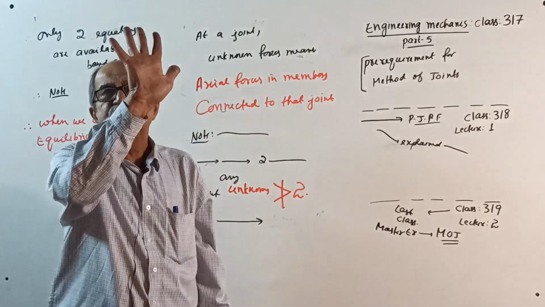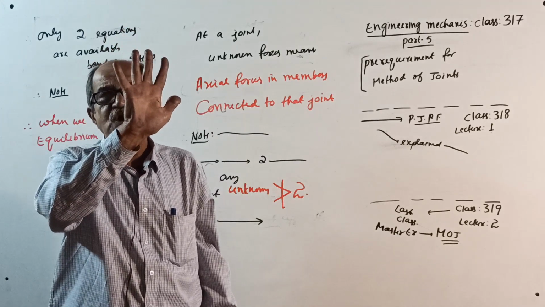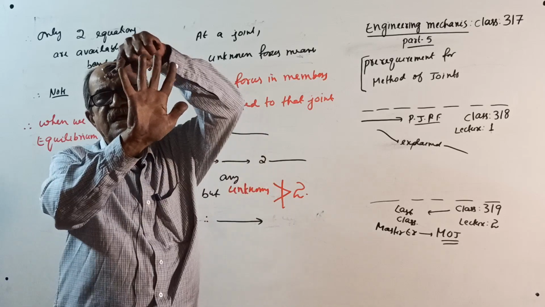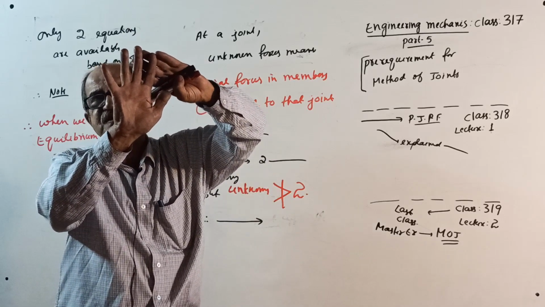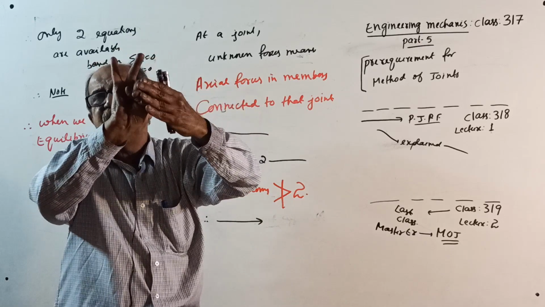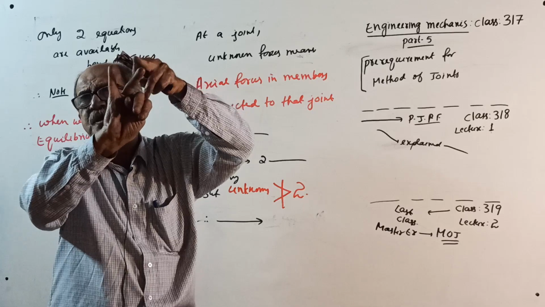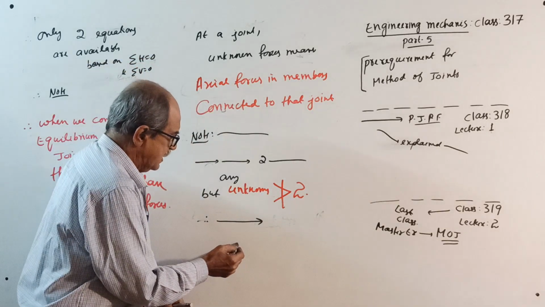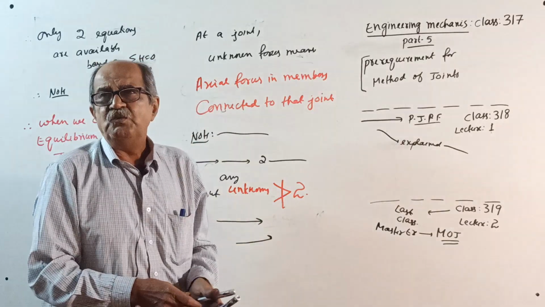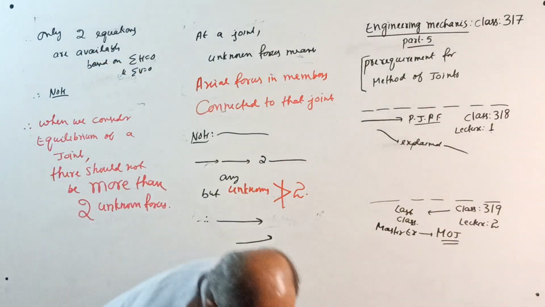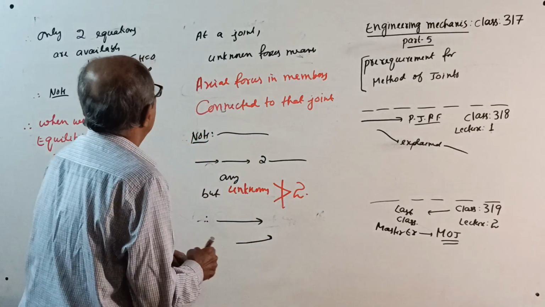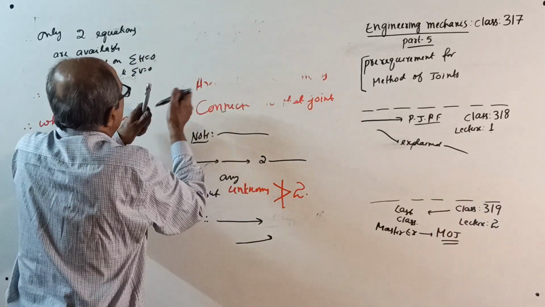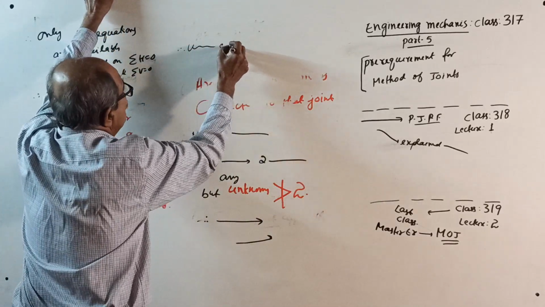Or if five members are meeting at a joint, among the five member axial forces, three should be already known. Only two should be unknown. Therefore, you can conclude now, you can write here, therefore, we can conclude that